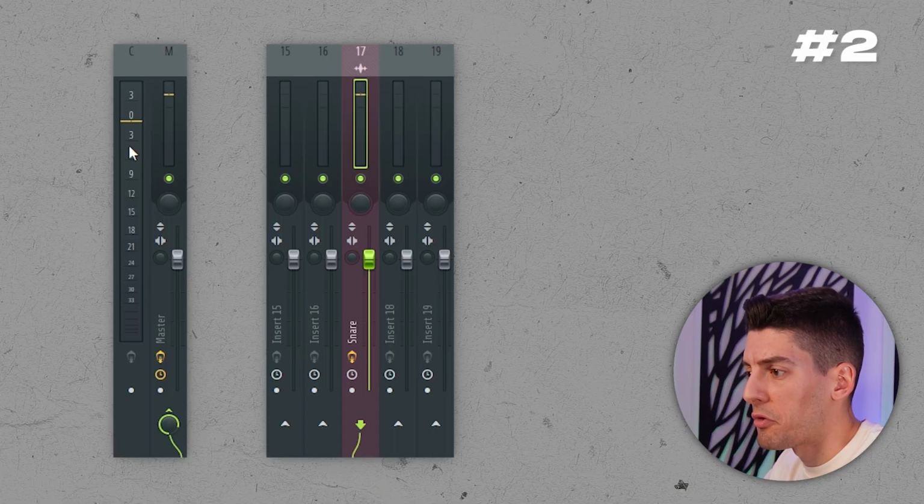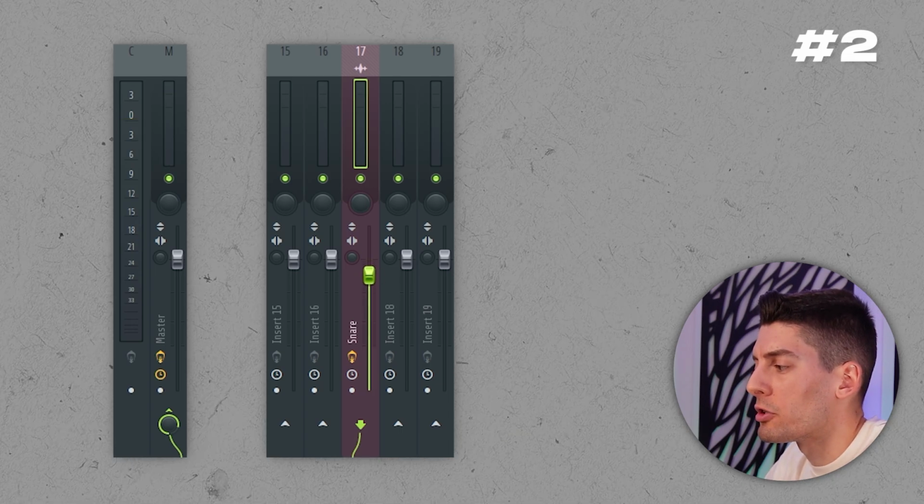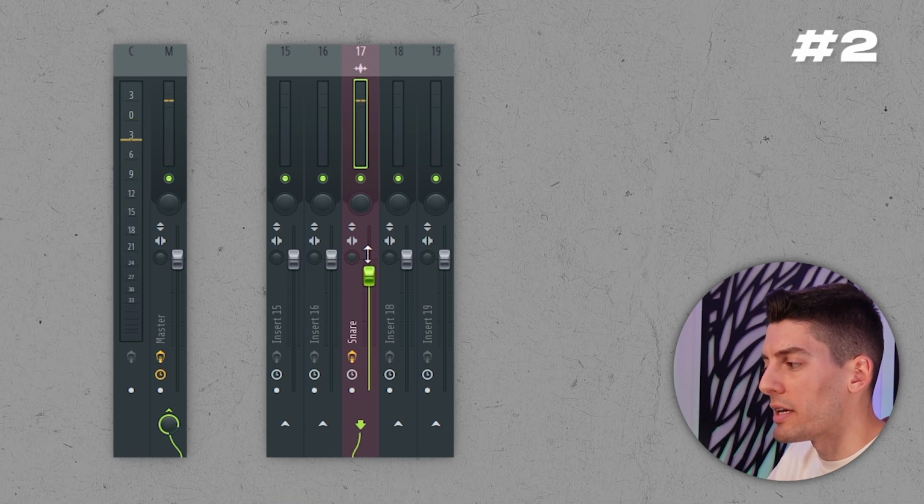Number 2, focus on EQing before balancing the volumes, because when you EQ something, the perceived loudness can change a lot, and then you're gonna have to adjust the volumes again. We have this snare. If we check it, it's hitting at 0 dB. So when we're mixing with our song, we're going to, I don't know, maybe have it here, minus